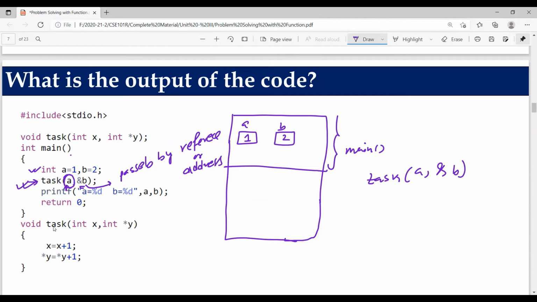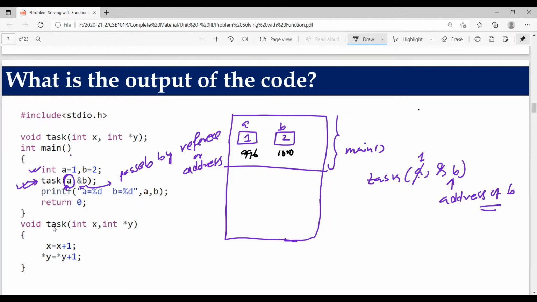Here, a will be replaced by its value 1, but we are not passing the value of b. Instead of the value of b, we are passing the address of b. Right now we have no information regarding the address, so we'll assume the address of b is 1000. We are just assuming the address is an integer, and the address of a, suppose, is 996, just arbitrary. So there is a 4 byte distance between them. I'm keeping this only for understanding purposes.